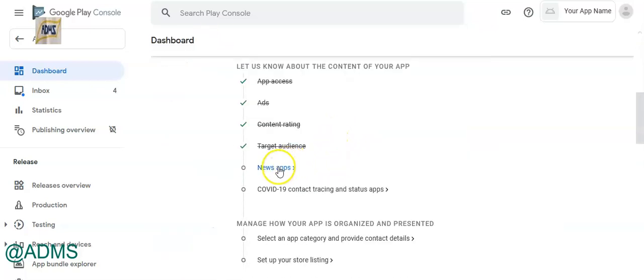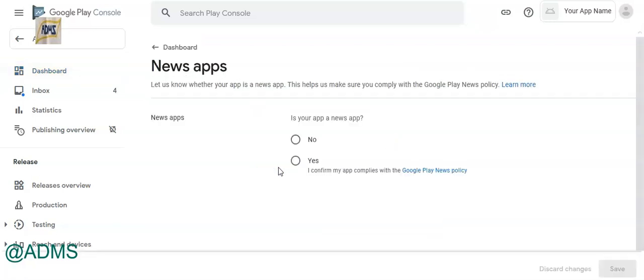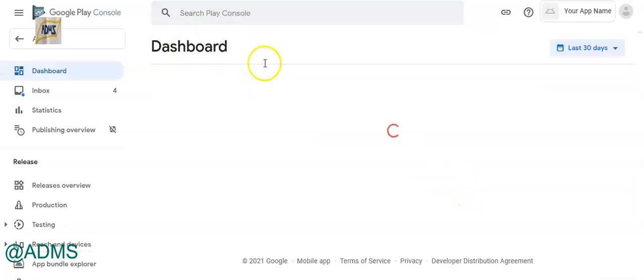Now next is news apps. Is your app a news app? Obviously no. Then click save. As you can see, there are many steps, but it's quite simple. You just have to select many options.